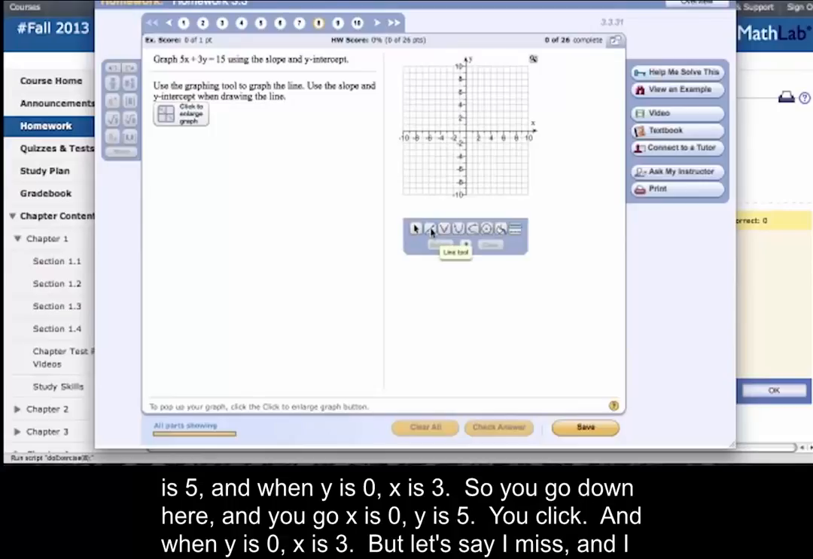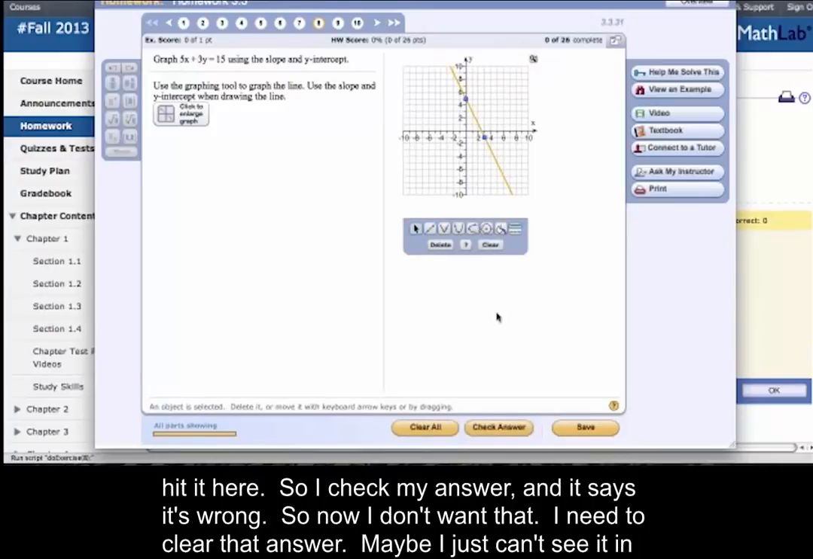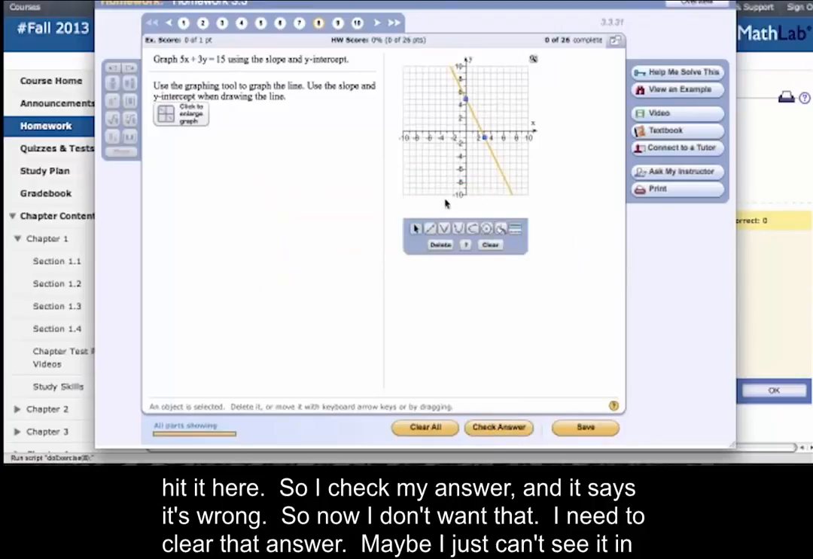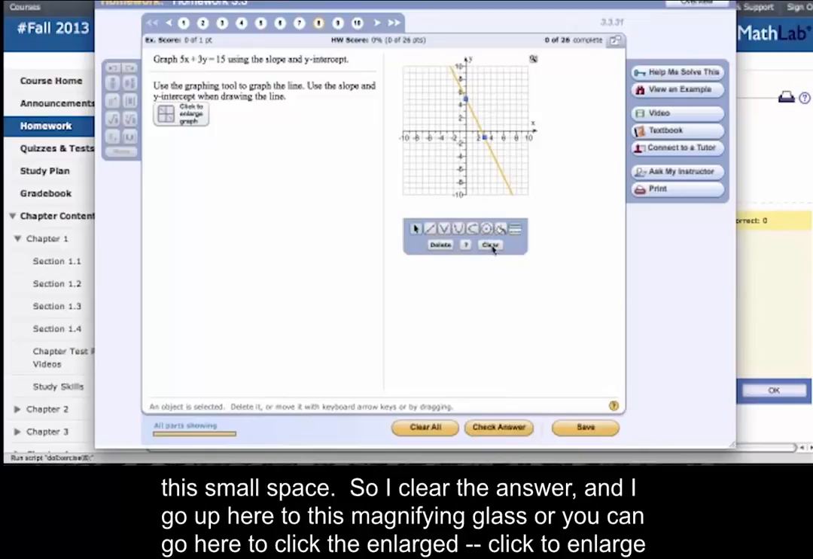So you go down here, and when x is 0, y is 5, you click, and when y is 0, x is 3. But let's say I miss, and I hit it here. So I check my answer, and it says it's wrong. Now I don't want that. I need to clear that answer. Maybe I just can't see it in this small space. So I clear the answer,